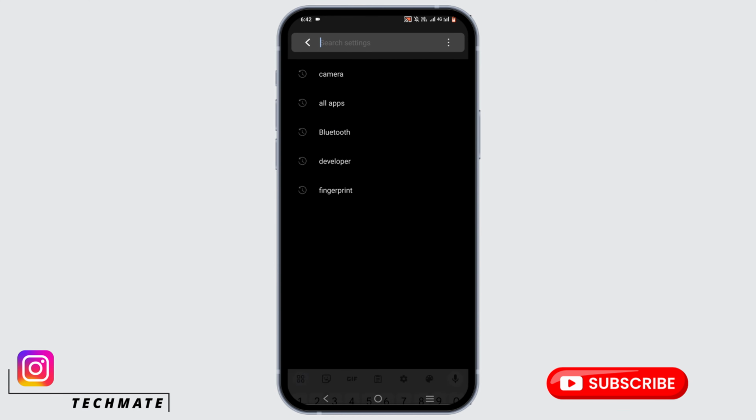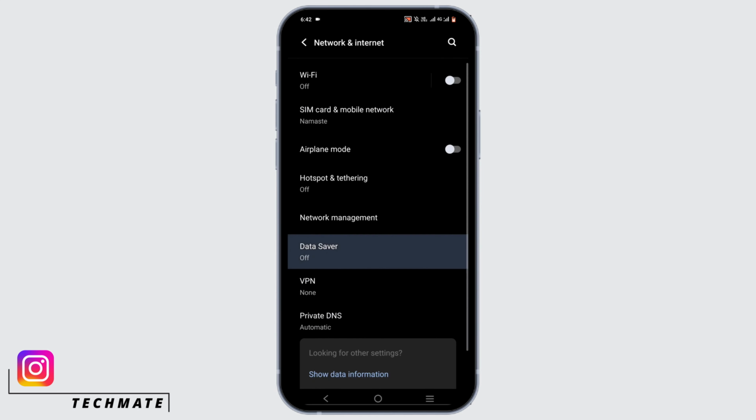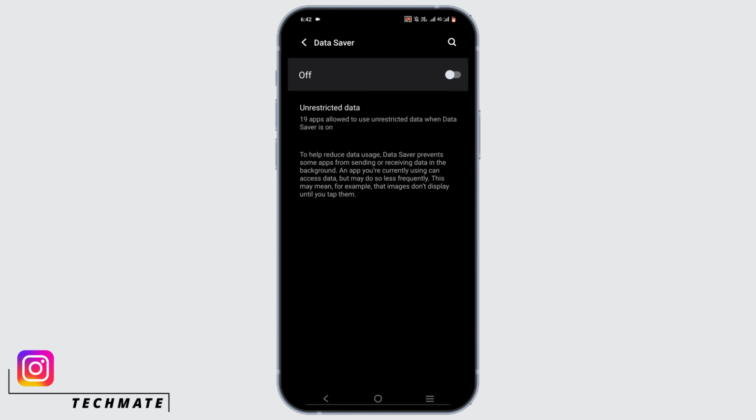If not, go to settings and tap on the search bar and search for data saver. Now you have to make sure that the data saver is actually off. If it looks something like this, simply tap it off by tapping on it and your